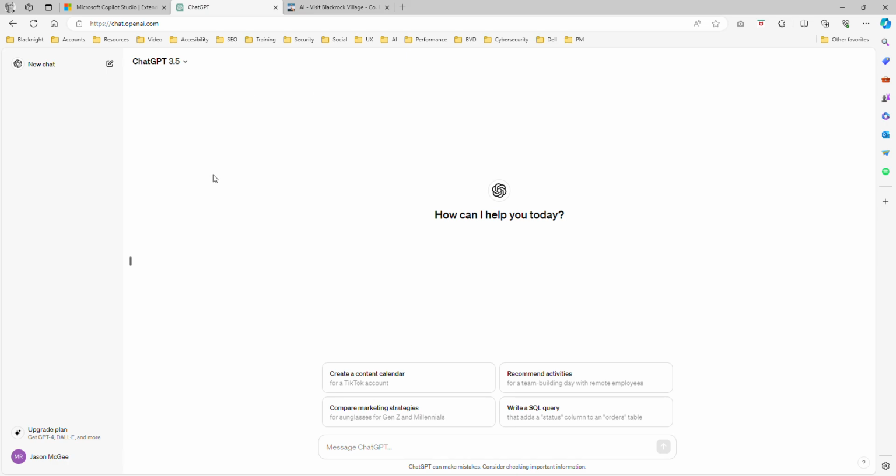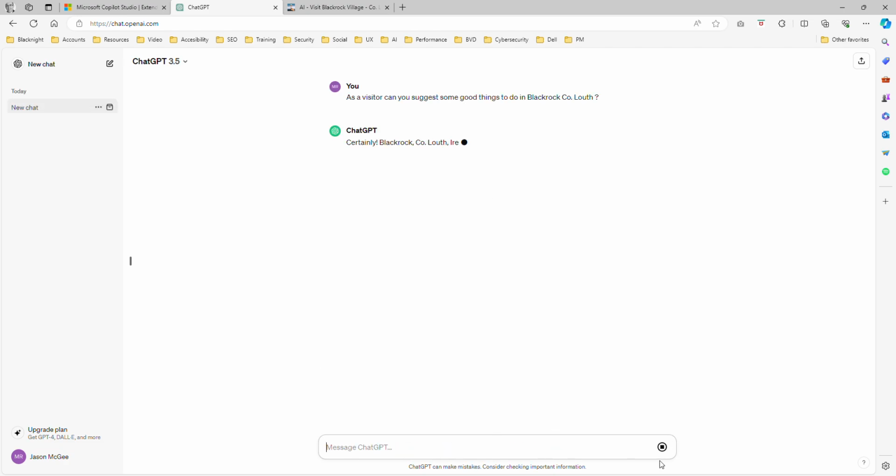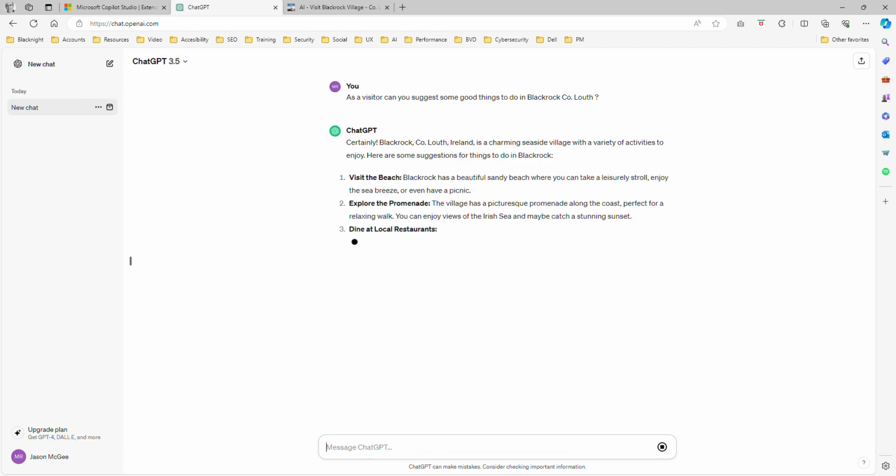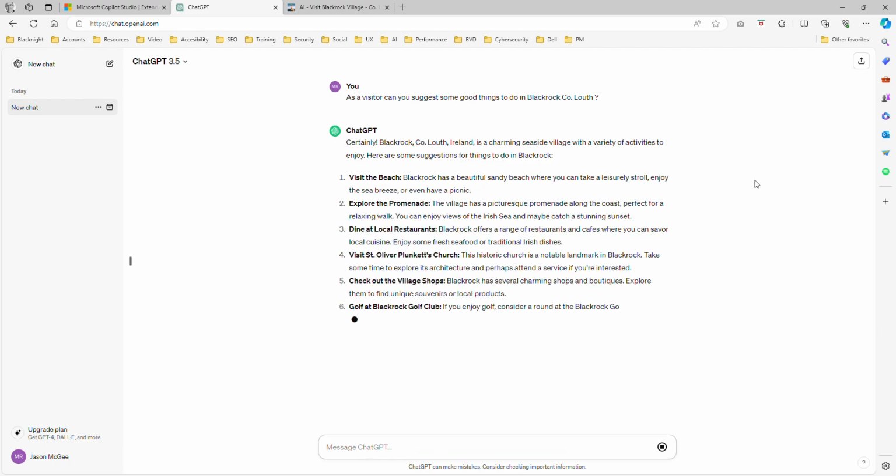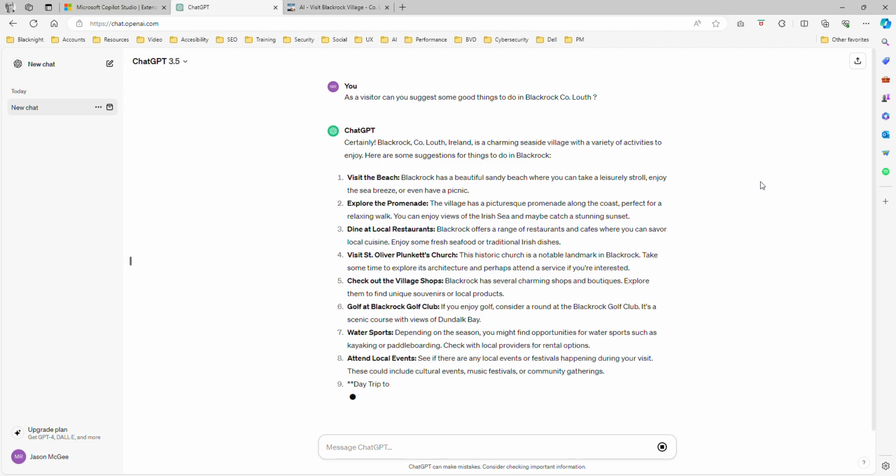Okay, so as somebody working in the tourism space, I'm interested in how artificial intelligence and large language models can be used. So we all know ChatGPT, and it's fairly mainstream now. And what I wanted to try out was just giving you a demo of where AI chatbot assistants could be used in the tourism space. So if I ask ChatGPT this question, give me some good things to do in Blackrock, County Louth, where I live. It gives me a pretty quick list,